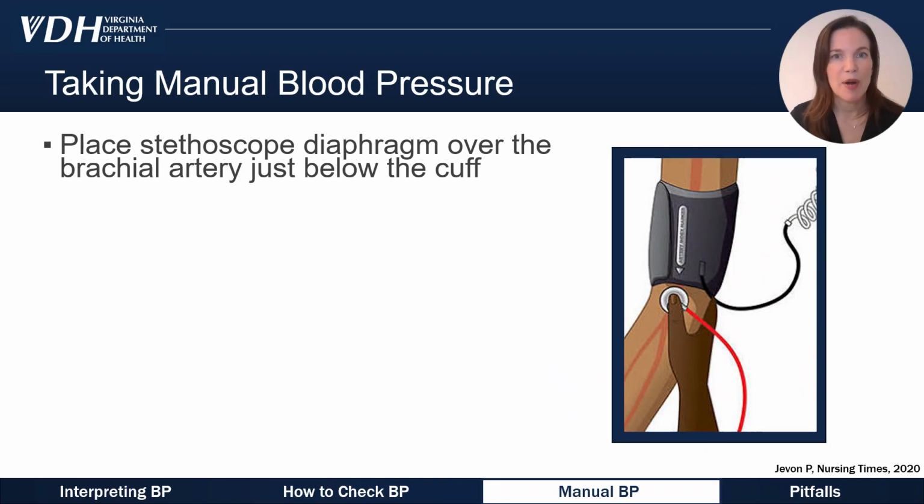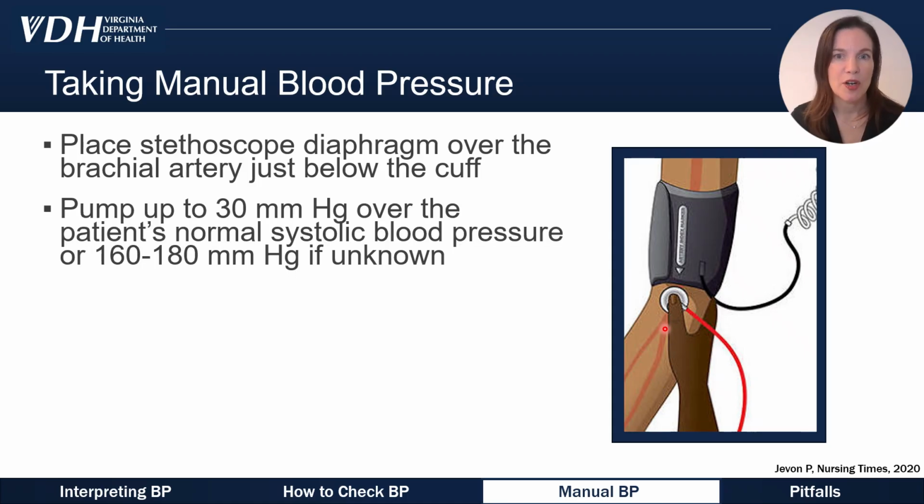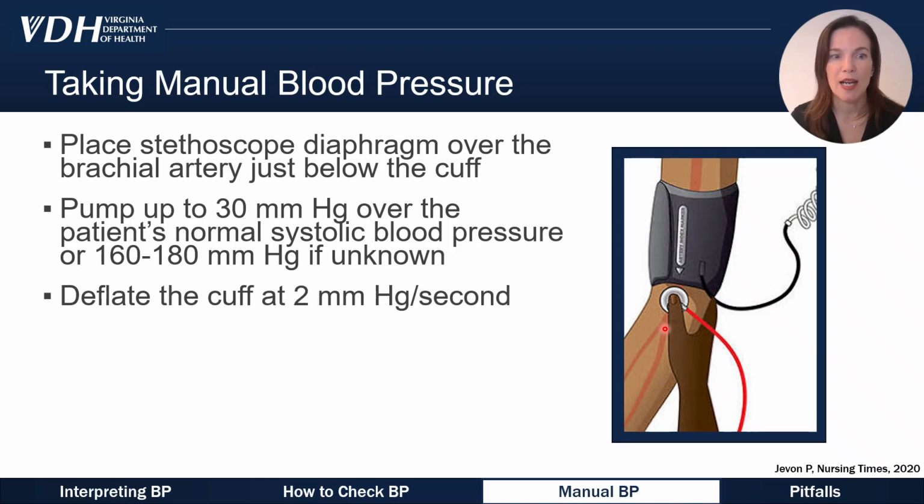If you're taking the blood pressure with a manual cuff rather than an automatic cuff, you'll put the diaphragm of your stethoscope over the brachial artery right below the lower edge of the blood pressure cuff. Then you'll pump up to around 30 millimeters of mercury over the patient's normal systolic blood pressure. If you don't know the patient's normal blood pressure, a good place to start is usually around 160 to 180 millimeters of mercury. Then you can deflate the cuff slowly at a rate of around 2 millimeters of mercury per second